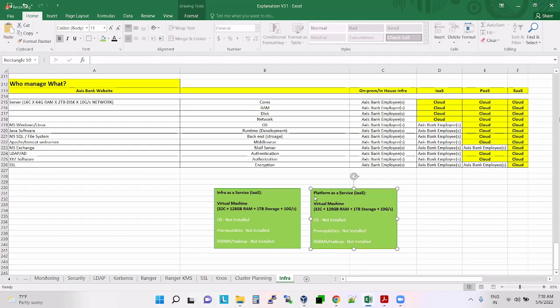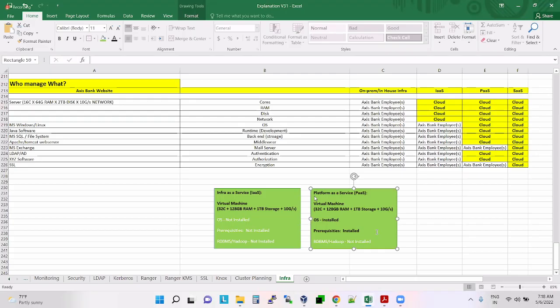This is called the PaaS model. Here they'll give you virtual machines. So OS is installed, prerequisites are also installed. Everything is ready. So you get this VM, install your software and start using it.